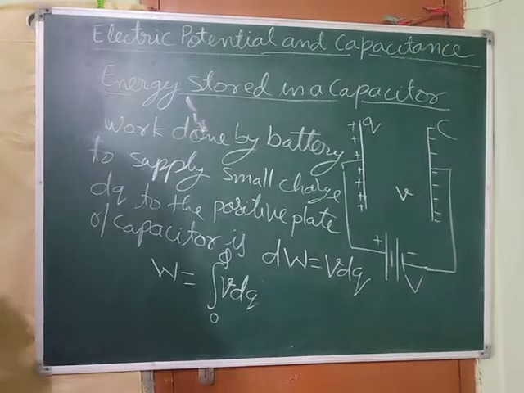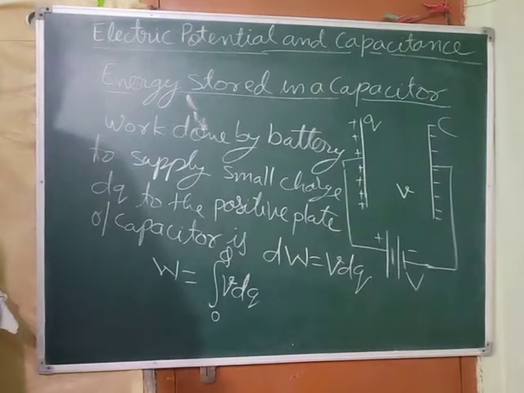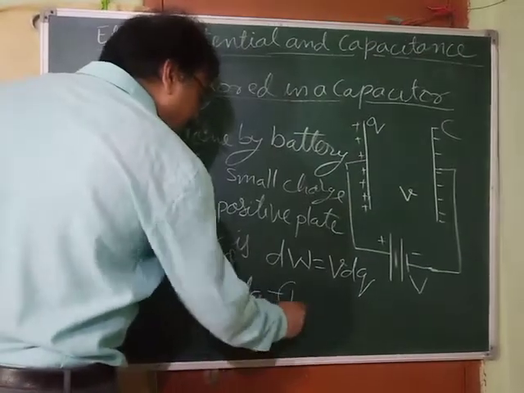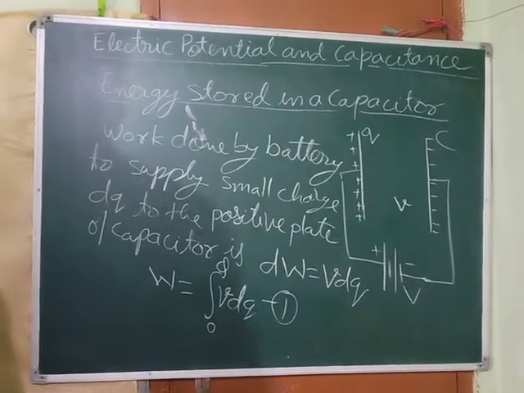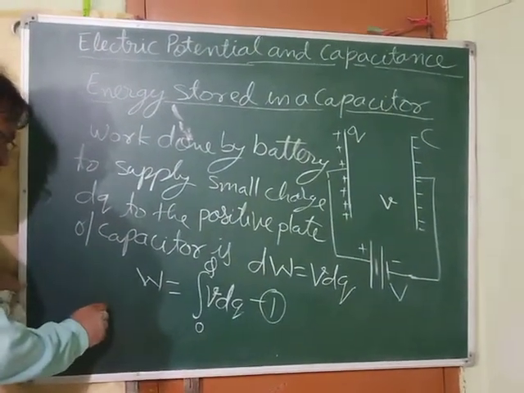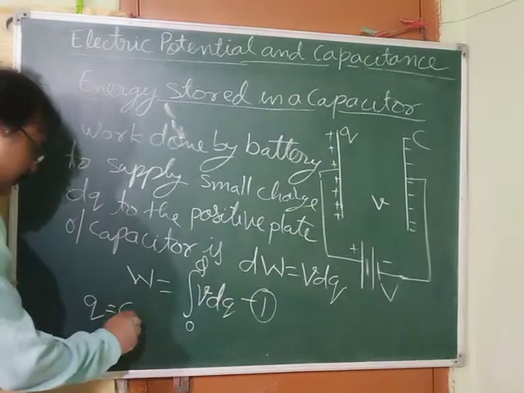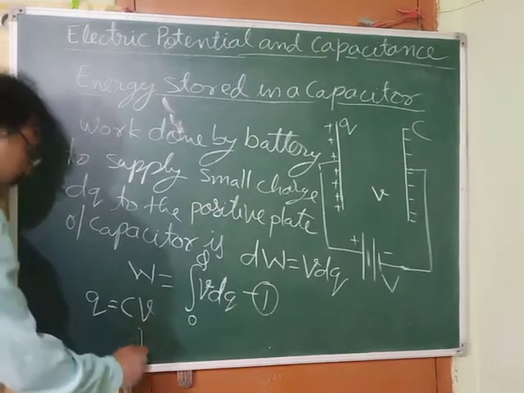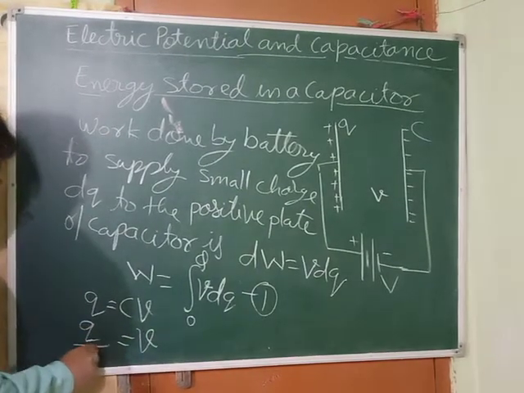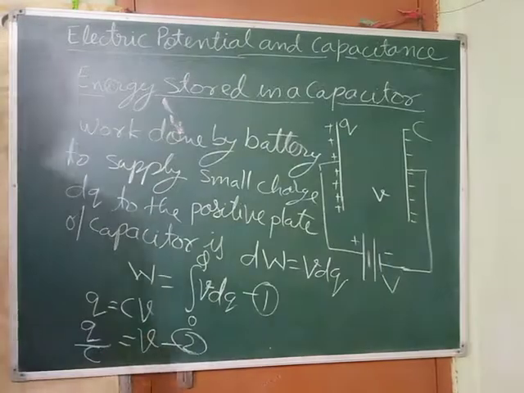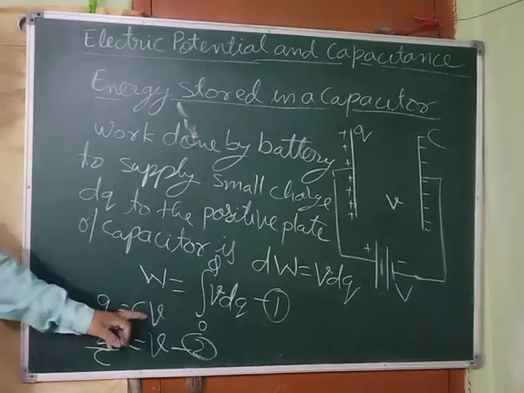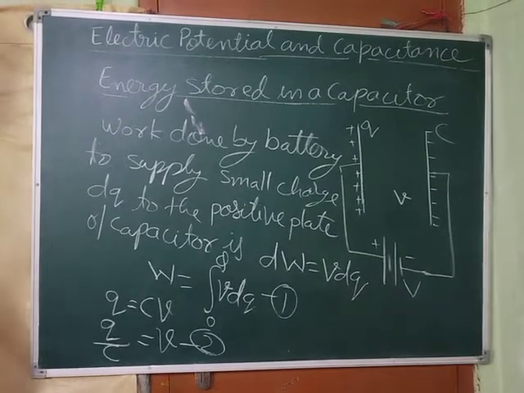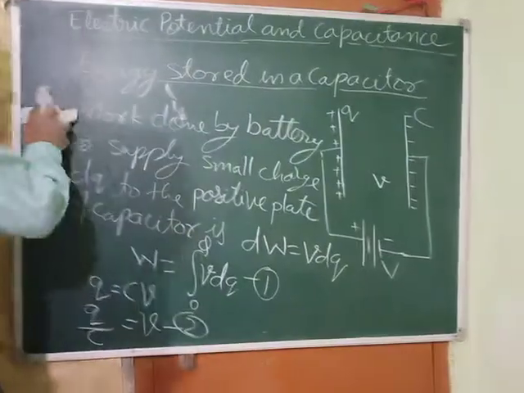So we have to place the value of v in terms of q and C. So what I can write? Can I write equation number 1? Now, according to the definition of capacitance, what we can write? Can we write Q is equals to CV? So from here, V is equals to what? V is equals to Q by C. This is our equation number 2. From the definition of capacitance, we know this, and from here we got the value of V. Got it? Now from equations 1 and 2, just note it down. Now I'm going to run.